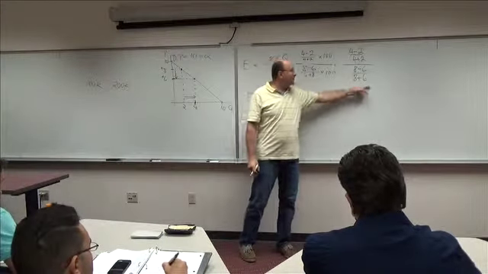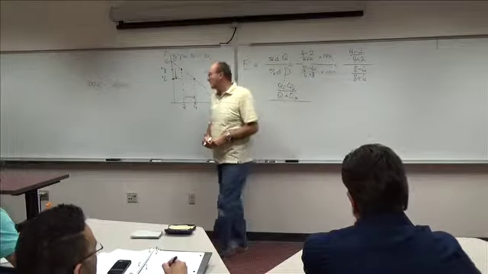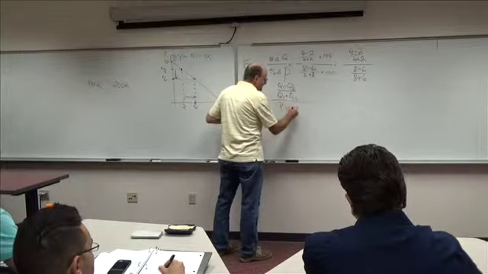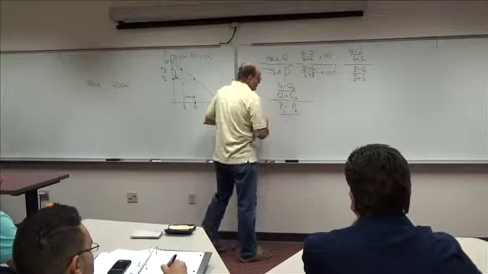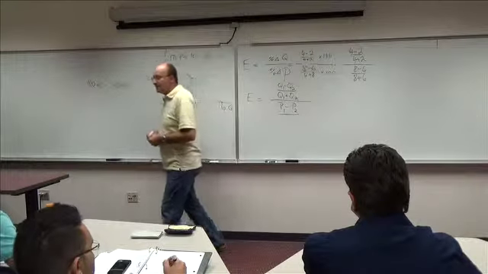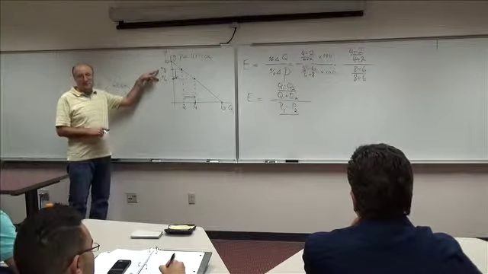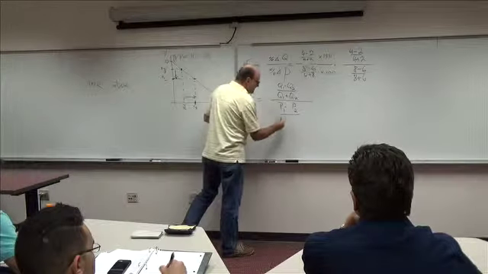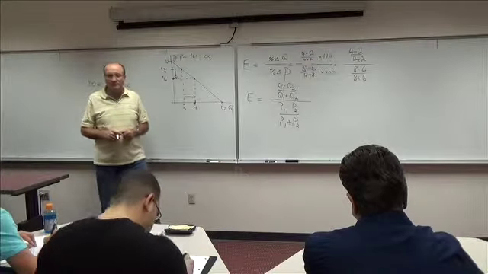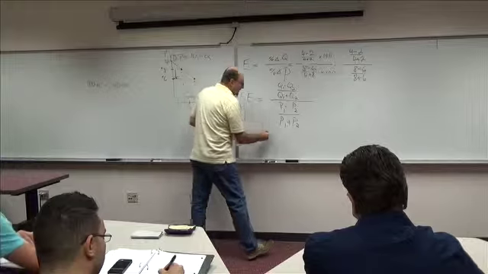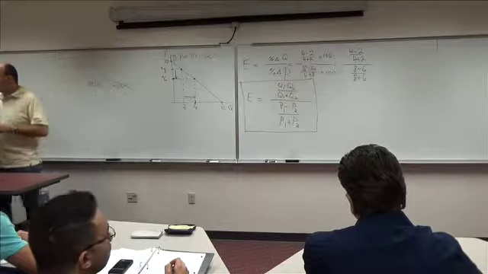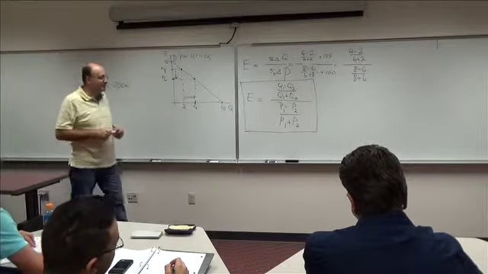And in the denominator, what do we have? 8 minus 6. What is 8 and 6? The two prices. 8 minus 6 is the difference between the two prices, divided by 8 plus 6. What is 8 plus 6? The sum of those two prices. That makes sense? All right. And that is the so-called midpoint formula of elasticity.